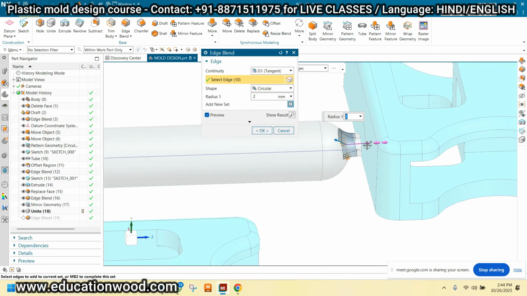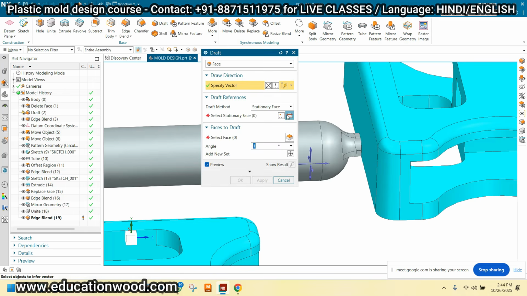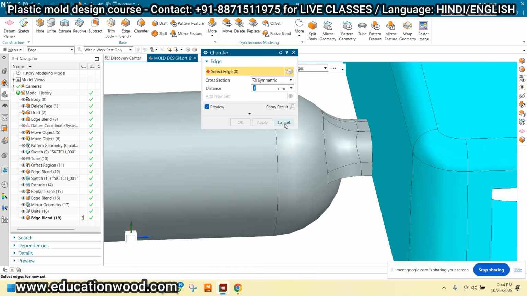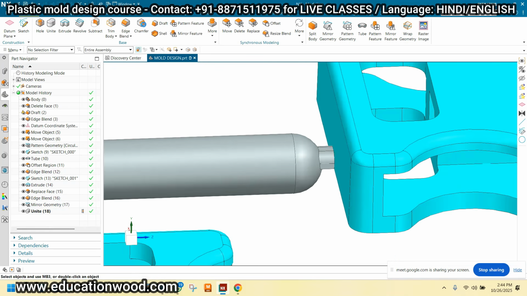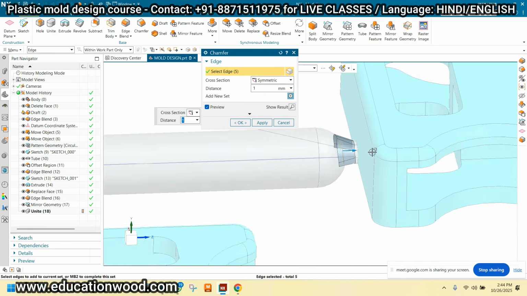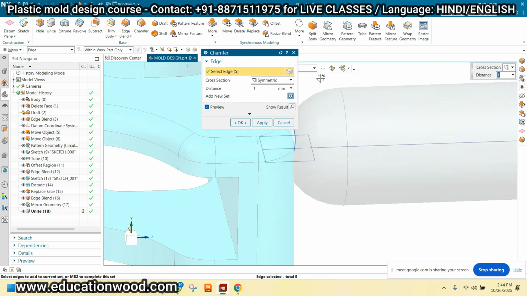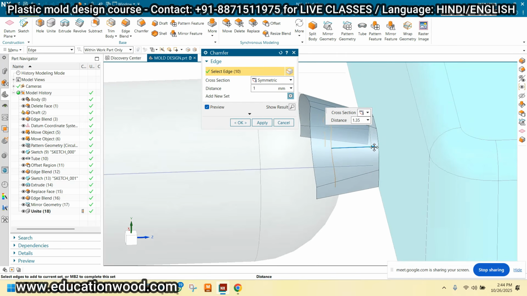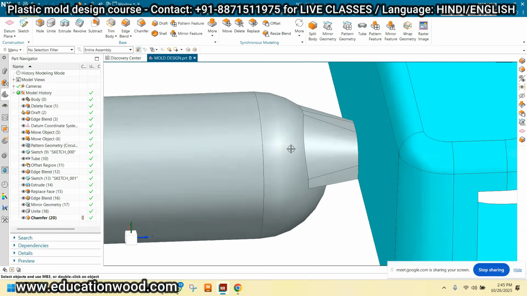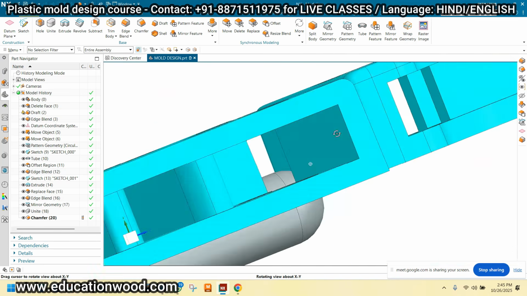Sometimes you have seen it like this also. You have seen it in some molds, right? Have you seen it? See, like this. You have seen it before.